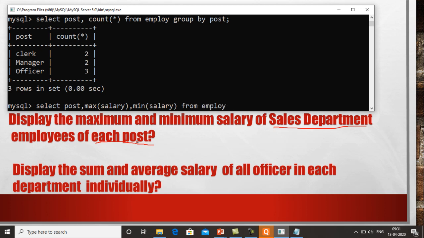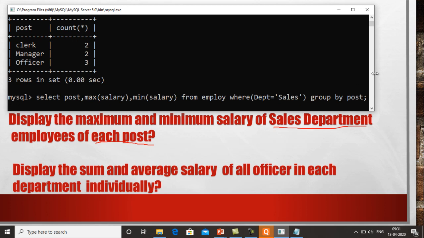Now you know that we have to consider only the sales department employees, so where department is equal to sales. So what this query will do, it will fetch the records of only the sales department employees, and once the records of all sales department employees are taken, then it will make the groups on the basis of post. So group by post.